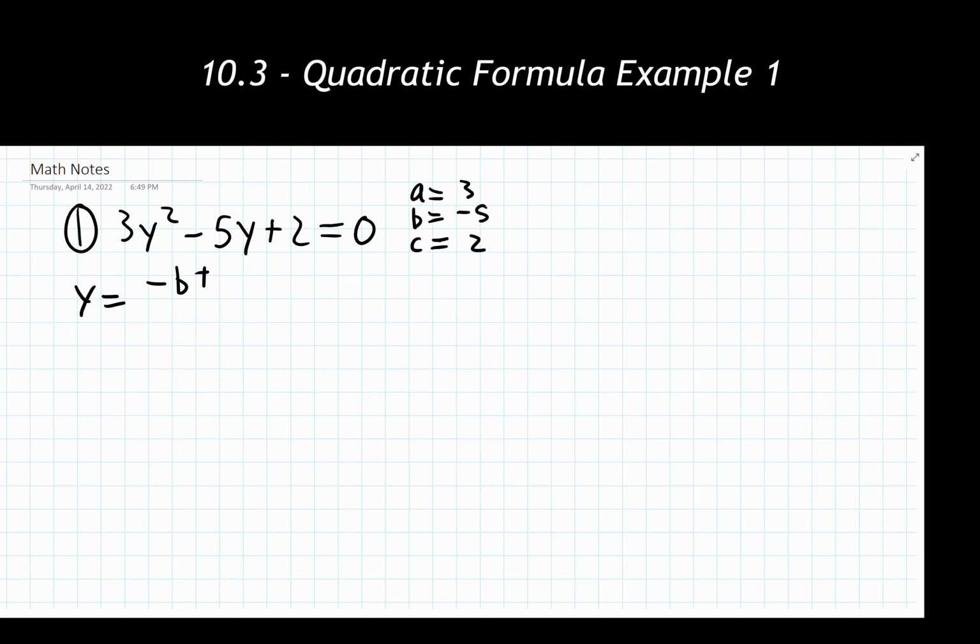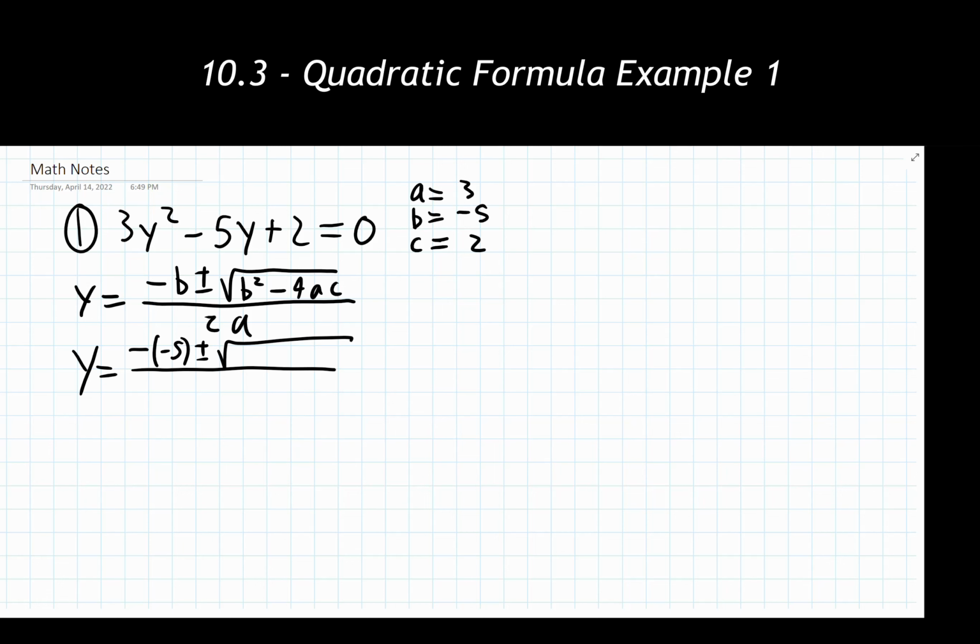If necessary, to make sure you get it memorized, I think it's worthwhile every now and then to write out the full quadratic formula for yourself. Depending on your instructor, maybe you are or aren't allowed a note card on a test or on homework. So if you need to have this memorized, I think it's worth it to write that out for yourself a few times as you're first going through these problems. But all we're doing now is plugging in our A, B, and C value into this formula that we have here.